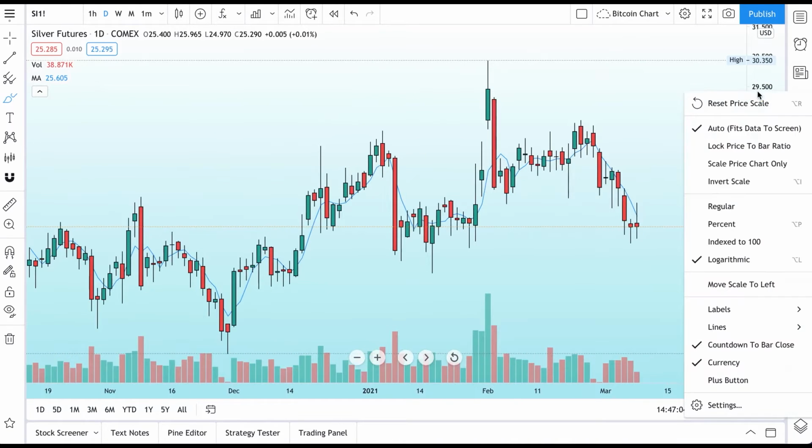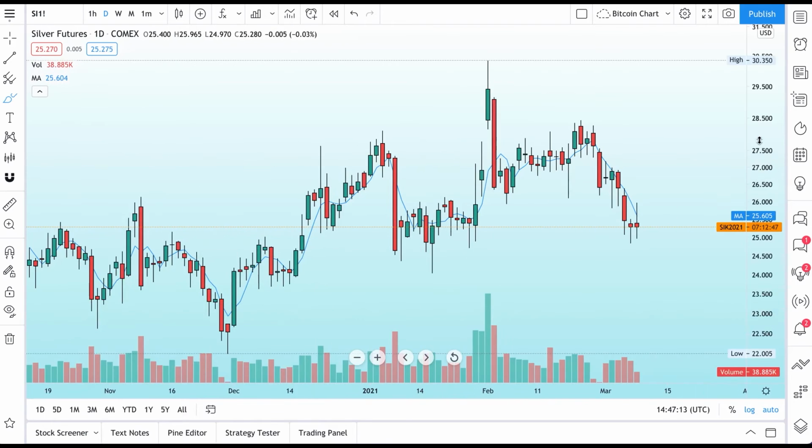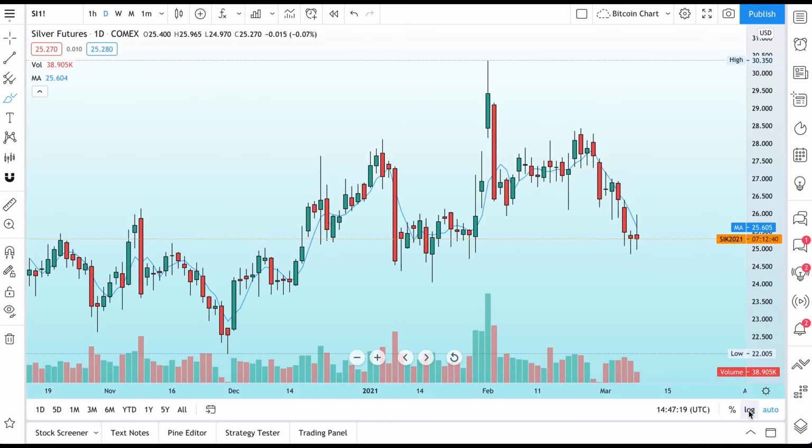A few more things you can do when you right click. Here you can reset the price scale, and you can even move the scale to the left. Move it back to the right. So this is a very helpful tip for editing your charts. Price scale. And as an example, you can always use these buttons down here to go to percent, to go